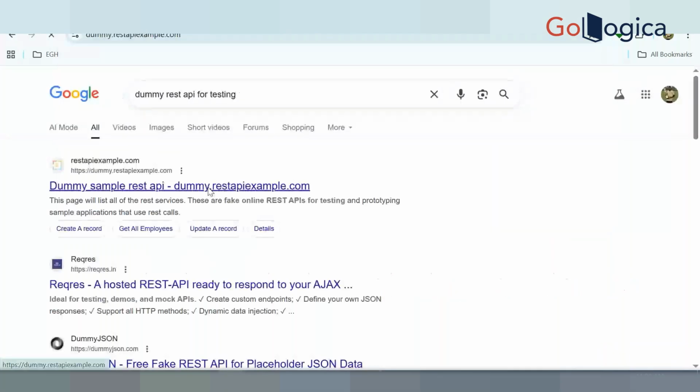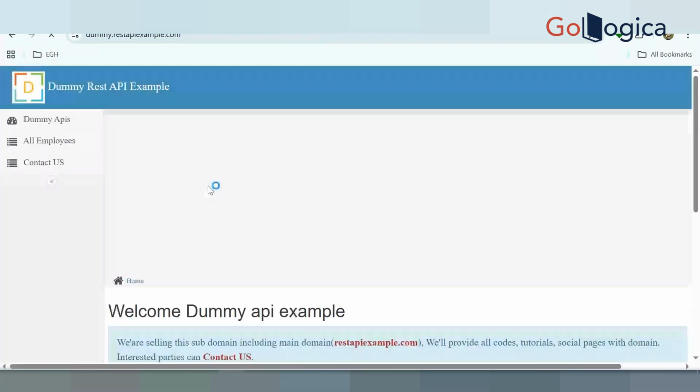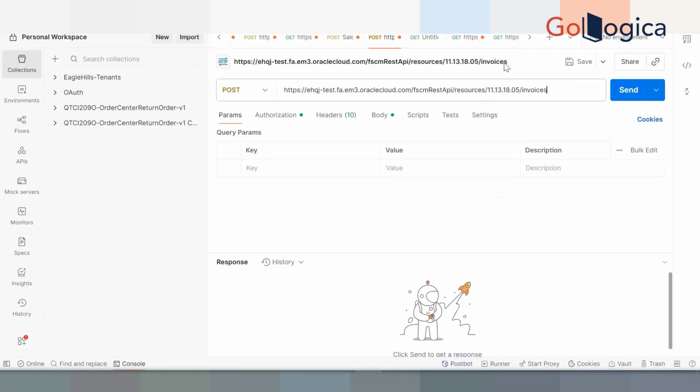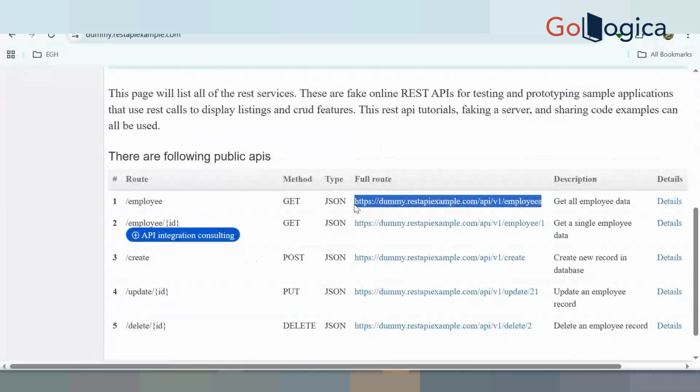No, no need to write anything. Just a request and response only. You need to write what the elements are. So this is the REST API, you can copy it.